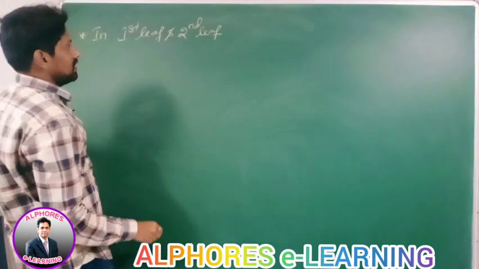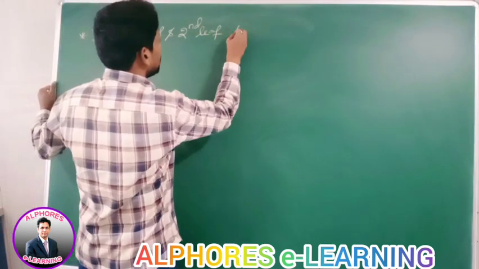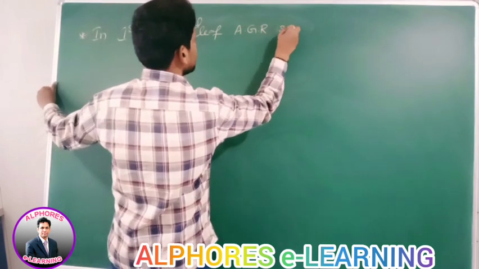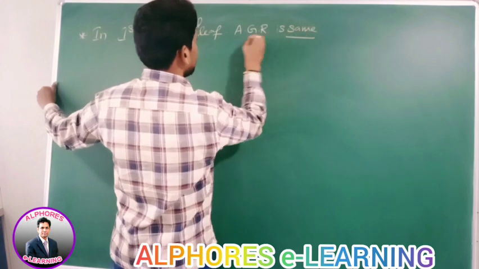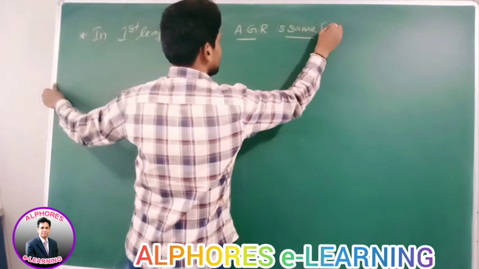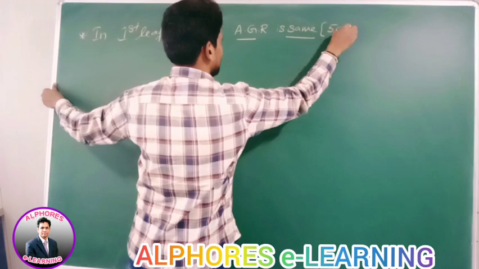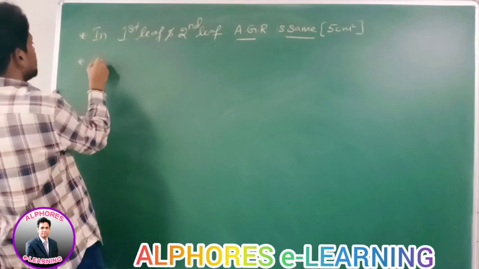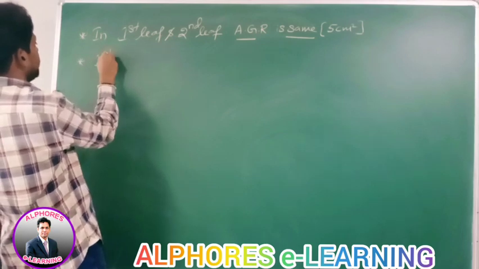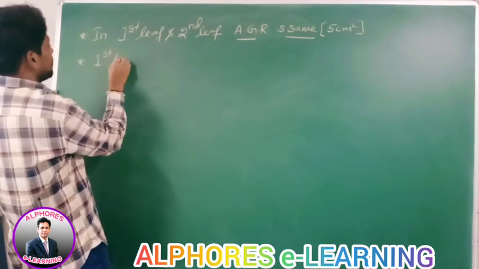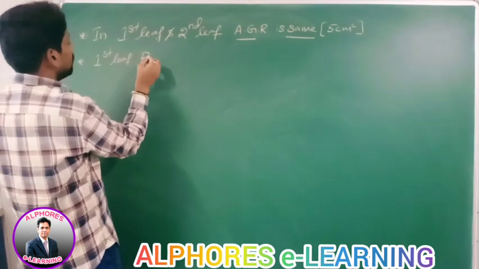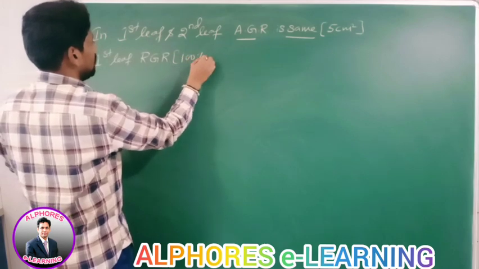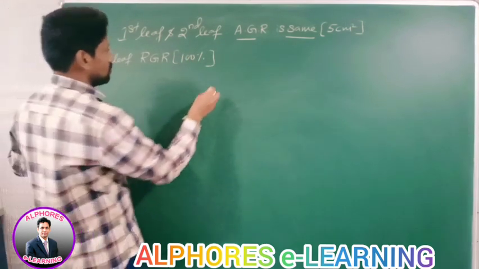In the first leaf and second leaf, absolute growth rate is the same. How much is it? It is 5 centimeter square. Whereas in the first leaf, the relative growth rate is 100%. Yes or no? Therefore, the first leaf's relative growth rate is more